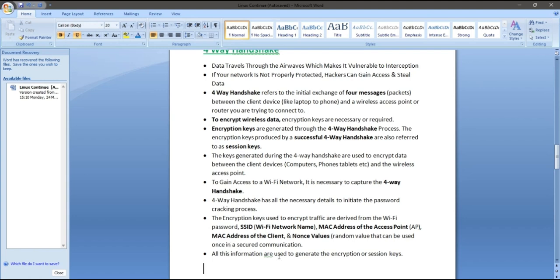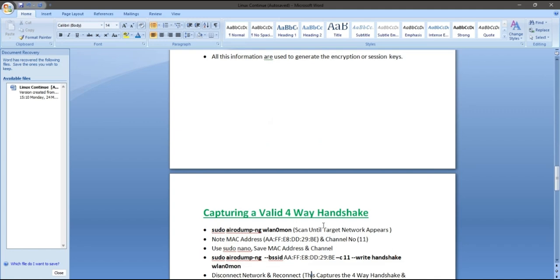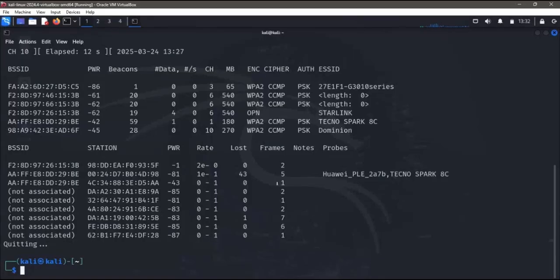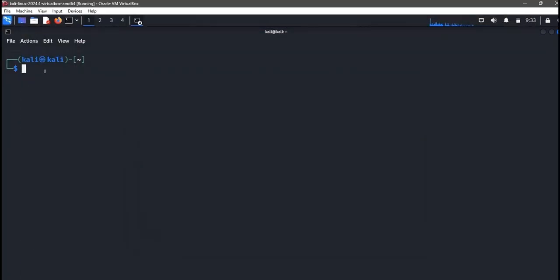All this information is used to generate the encryption or session keys. Now, let's see how we can capture the four-way handshake in a network. We'll start by going back to our Kali Linux environment. To capture the four-way handshake for the network traffic, we simply use the command